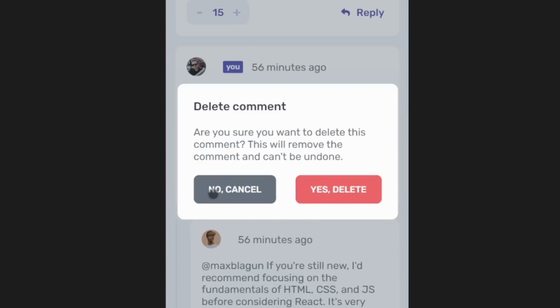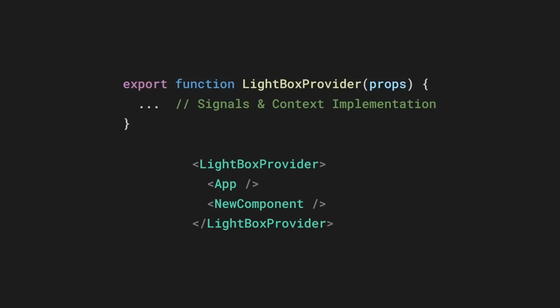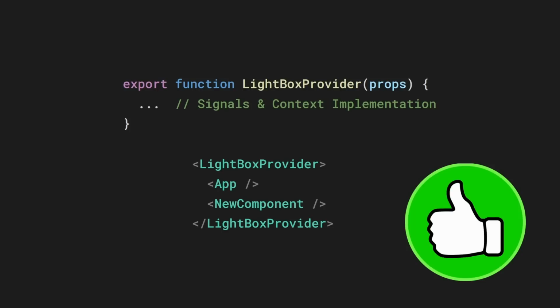Number 2. Models. What I did to create a model was to create a provider with its own state management stuff that you will put on top of the application and will render a component of your choosing inside it whenever you want to. I think this is a good solution, but we can make it a lot better by